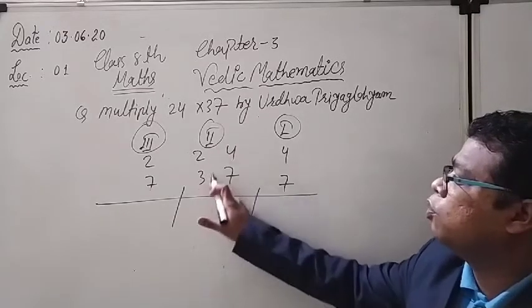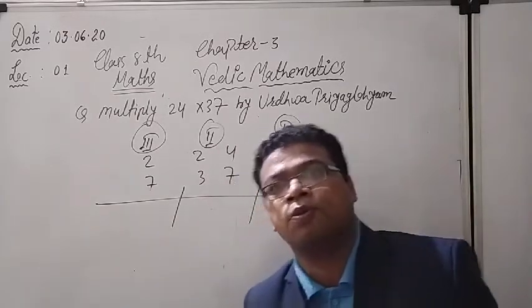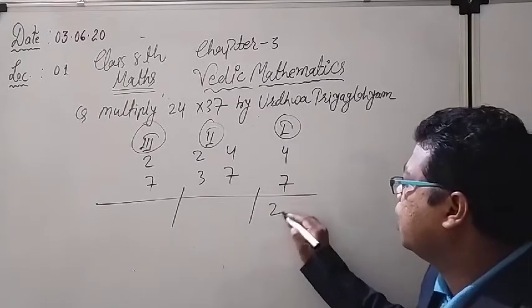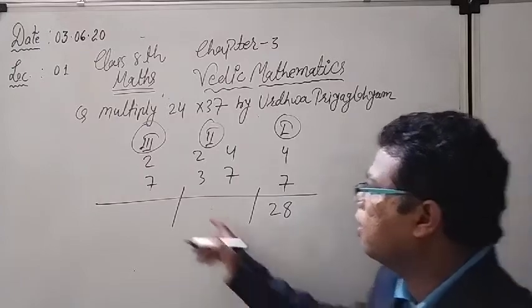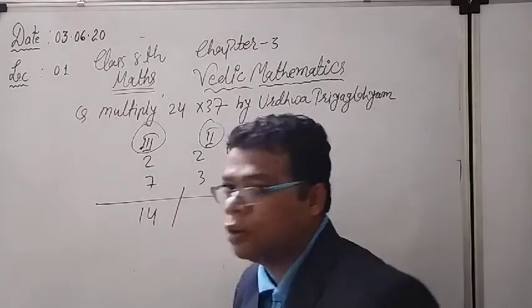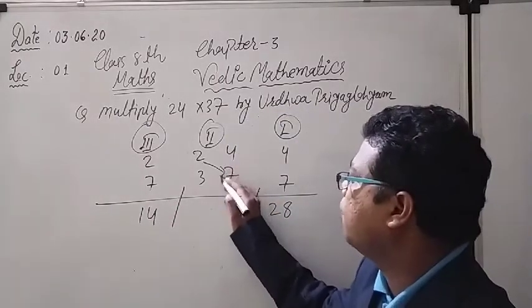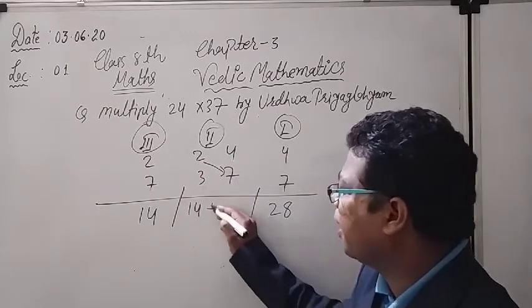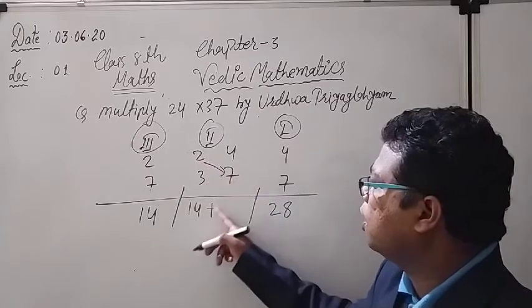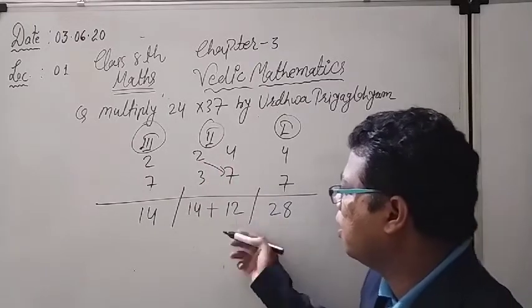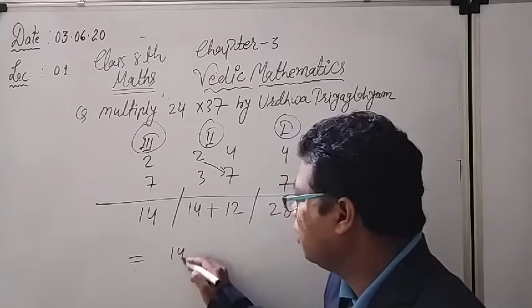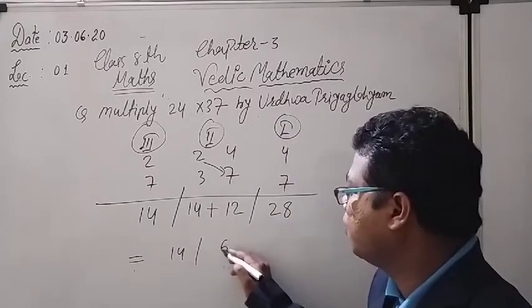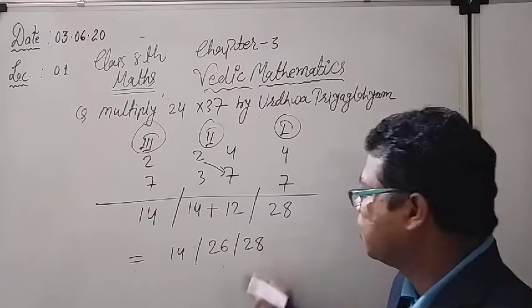And for the middle group, what do I have to do? I have to go for the crosswise multiplication. One by one we have to do. 4 7s are 28. Okay. 2 7s are 14. Crosswise multiply for the middle group. Second group: 2 7s are 14, directly I can write down 2 7s are 14 plus 3 4s are 12. Right now 14, slash, 14 and 12, I have to go for the addition. 4 plus 2 is 6, 1 plus 1 is 2, so 26, and this is the 28.